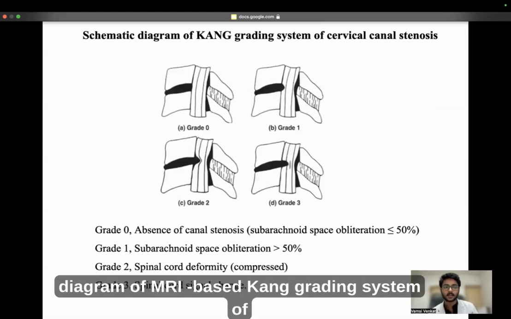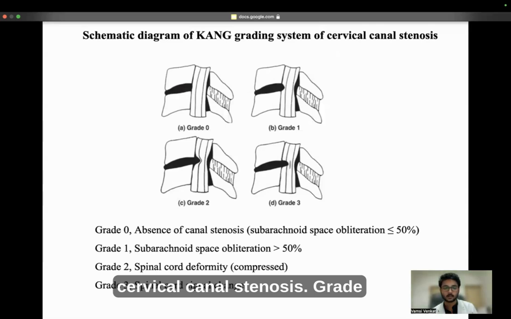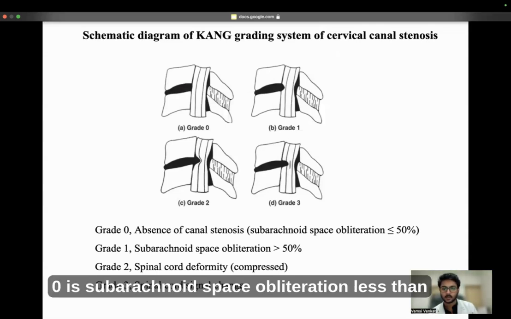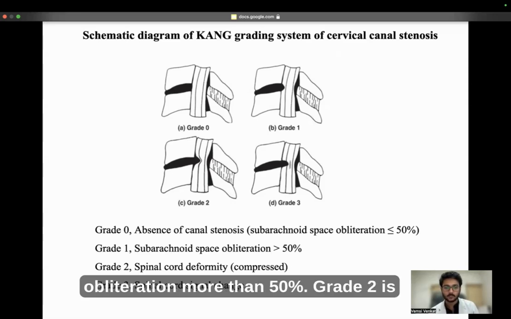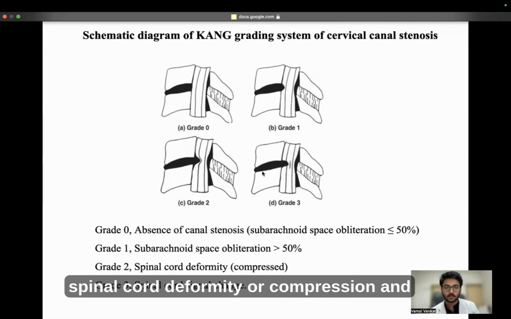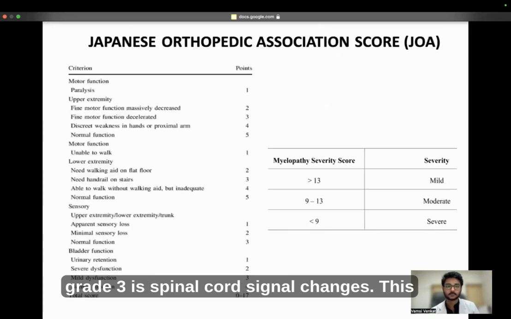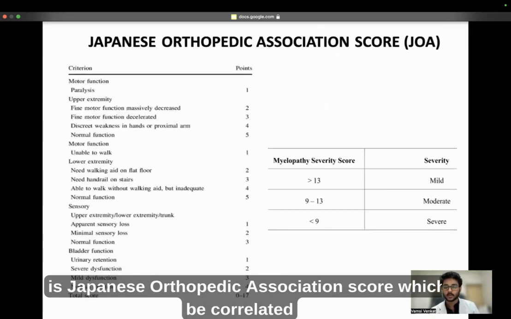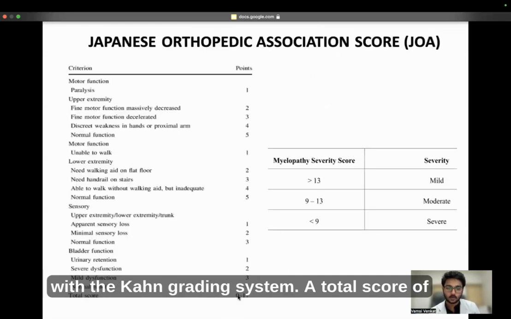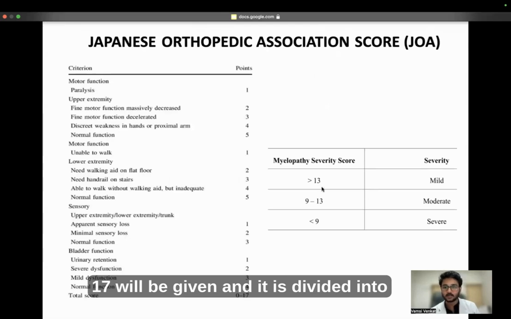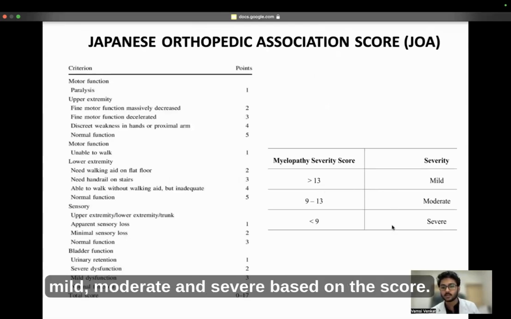This is the schematic diagram of the MRI-based Kang grading system of cervical canal stenosis. Grade 0 is subarachnoid space obliteration less than or equal to 50%. Grade 1 is subarachnoid space obliteration more than 50%. Grade 2 is spinal cord deformity or compression, and grade 3 is spinal cord signal changes. This is the Japanese Orthopedic Association score, which will be correlated with the Kang grading system. A total score of 17 will be given, and it is divided into mild, moderate, and severe based on the